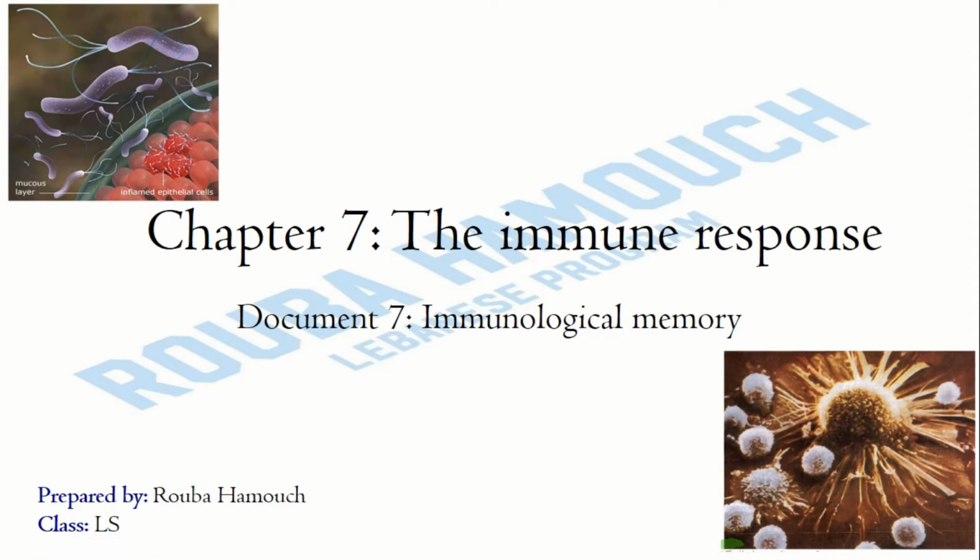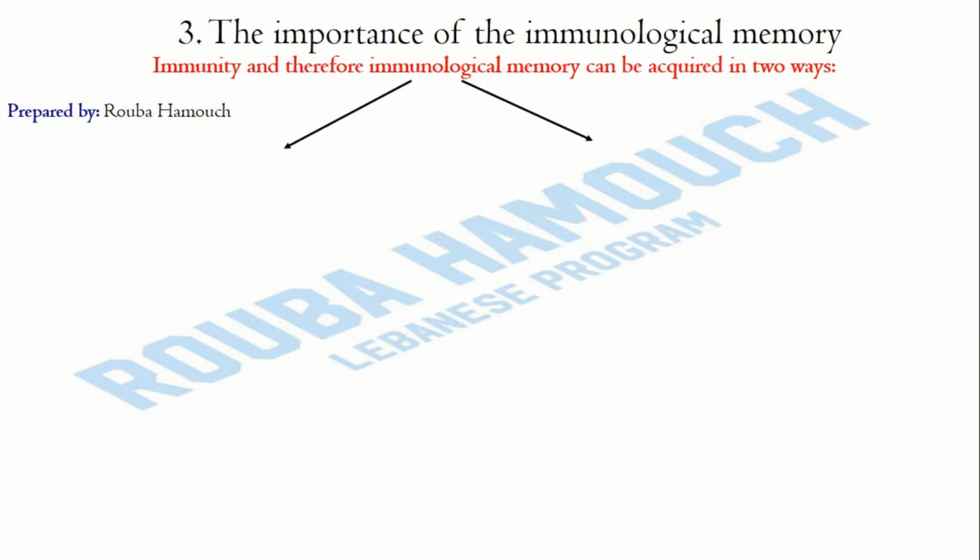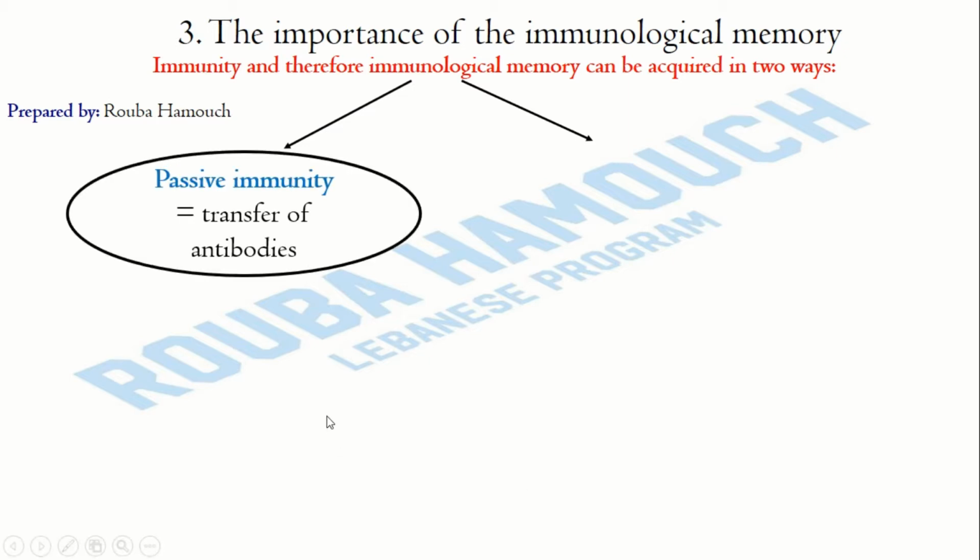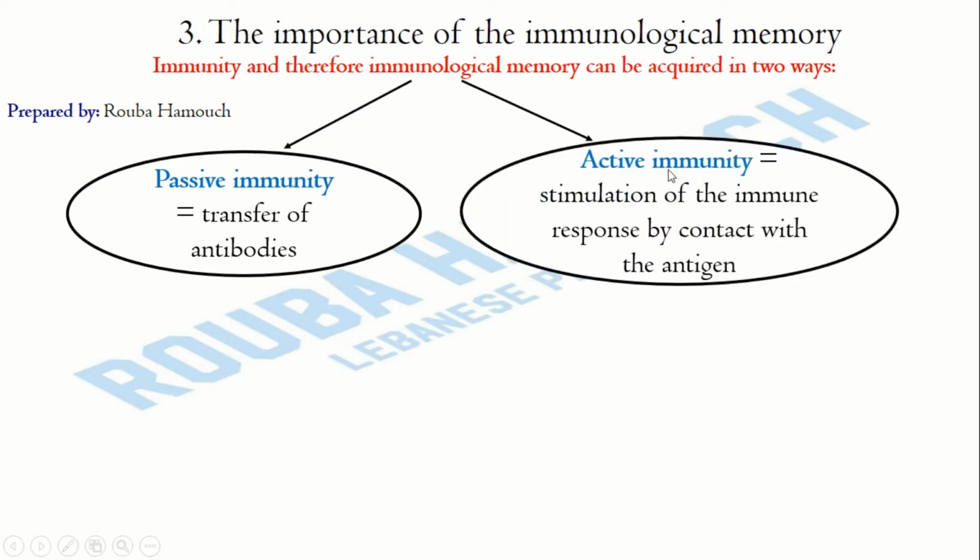In part 2 of document 7, the immunological memory, we are going to explain how the immunological memory can be acquired. The immunity, and therefore the immunological memory, can be acquired in two ways. A passive way called the passive immunity, which is the transfer of antibodies from one individual to another. It's the transfer of ready-made antibodies. And the active way called the active immunity, which is the stimulation of the individual's immune system by contact with